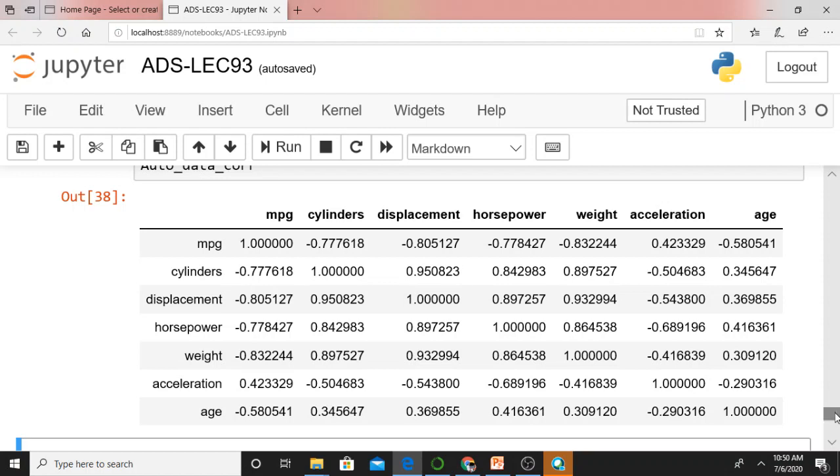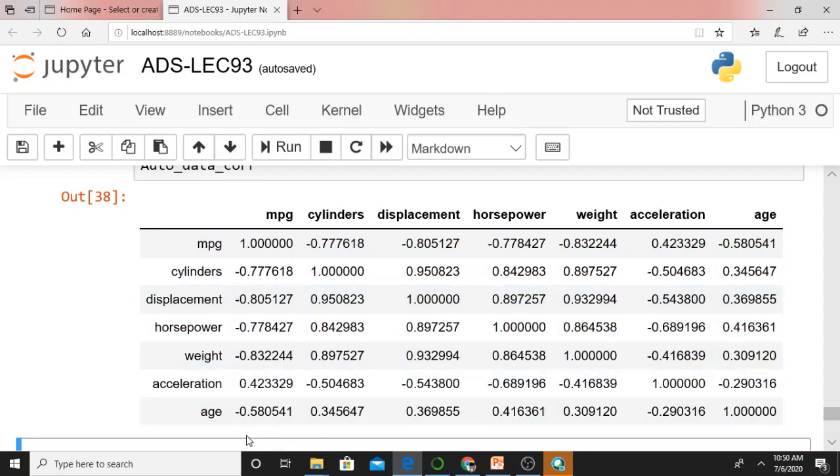Now, observe that every variable is perfectly positively correlated with itself. You can see that. Just see this one, MPG. What is the correlation coefficient? 1. Cylinder, just go through the principal diagonal: 1, 1, 1, 1, 1, 1, 1, 1. What is this principal diagonal? It indicates every variable with itself is positively correlated. That's what I am saying. Let me repeat: observe that every variable is perfectly positively correlated with itself. All principal diagonal values are 1, isn't it?